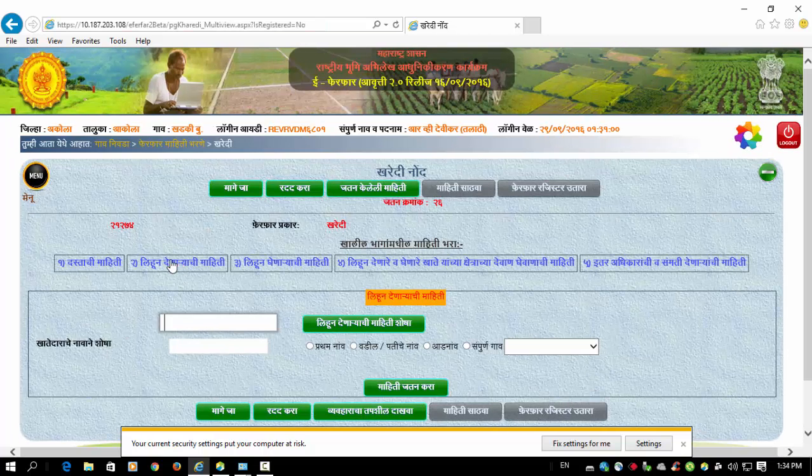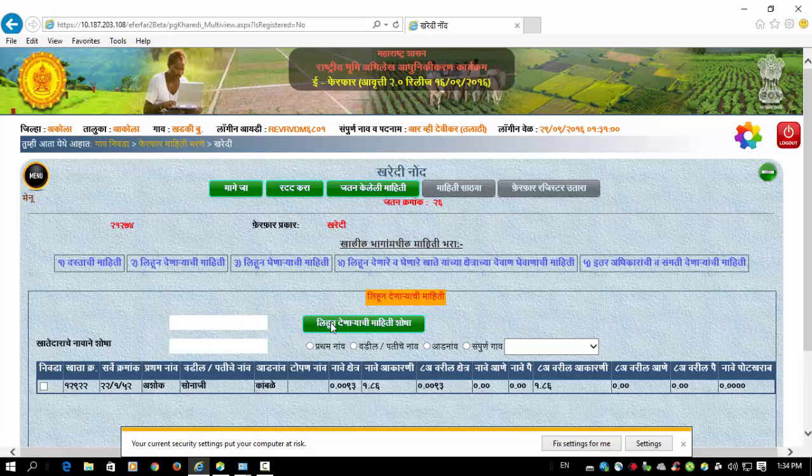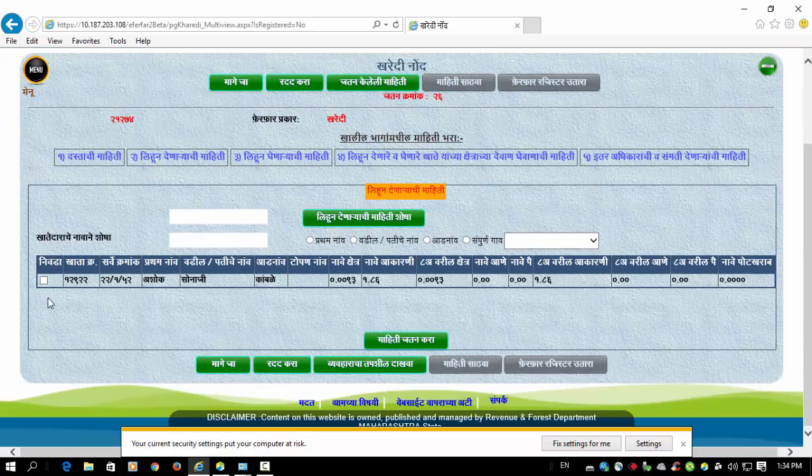Then we have to go for the next option, लिहून देणाऱ्याची माहिती. That is the seller. Seller detail we have to give. If the seller is an account holder in that village, then we have to write his account number, that is a khata number. Otherwise you can search, or you can create a new one also. Here the khata number is 12922. Name is Ashok Sonaji Kamble.